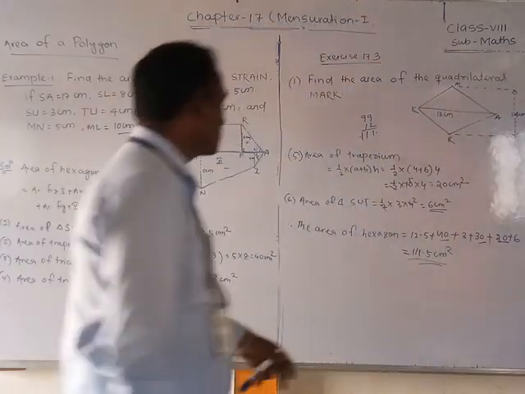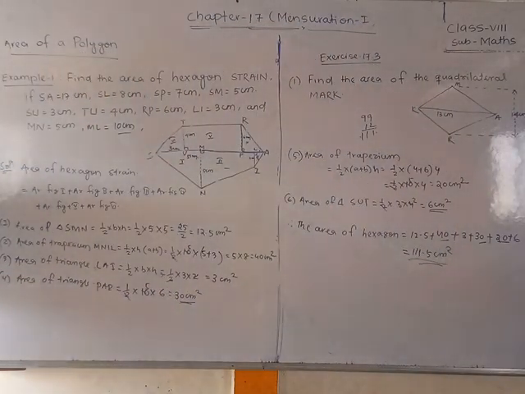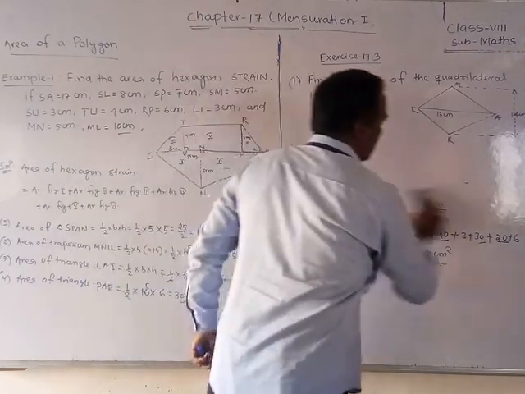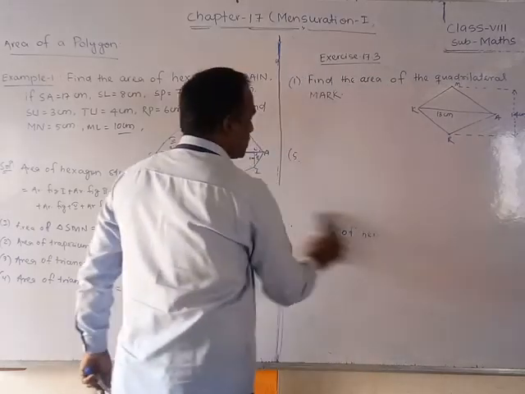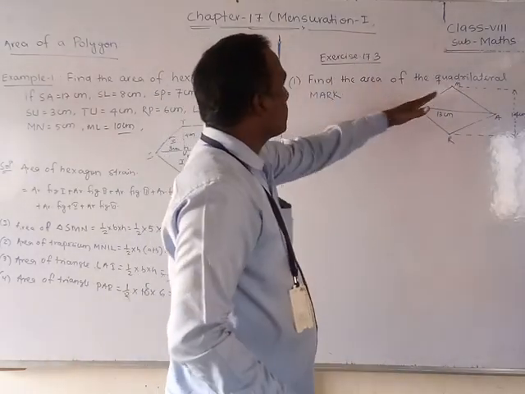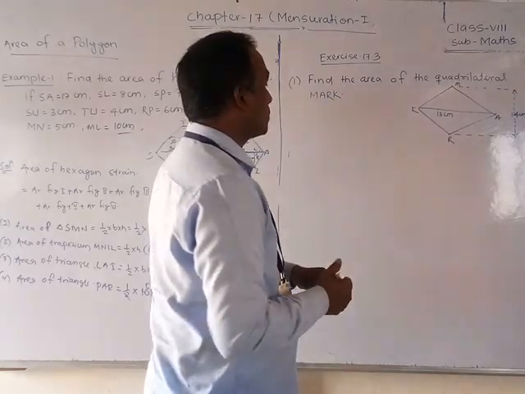Now friends, have you written this? Once you should write it down. Okay. Now I will solve it, students. Now in the second exercise I will solve one bit, and the others you have to try to solve. Okay. So now, students, we find the area of the quadrilateral. Like those figures, they have already gone, students.